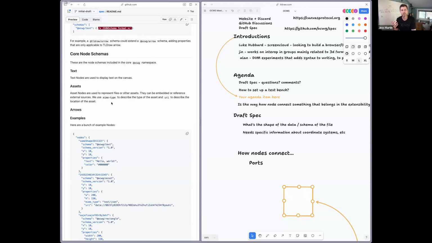So yes, it would be image/PNG, image/JPEG, that kind of stuff. And then this is where I started thinking about what you mentioned earlier of multiple slashes to delineate the schemas. So it'd be like OCWG/